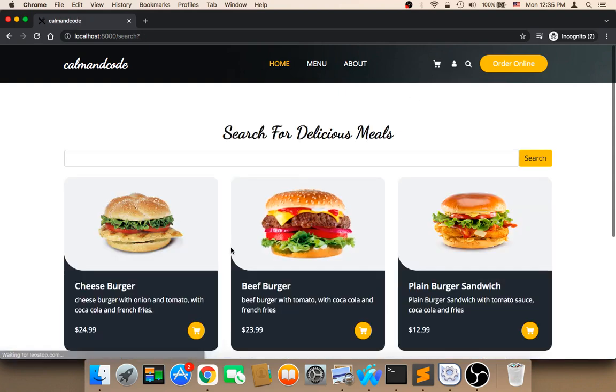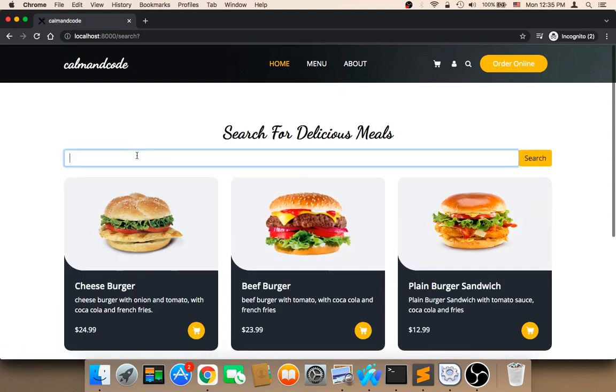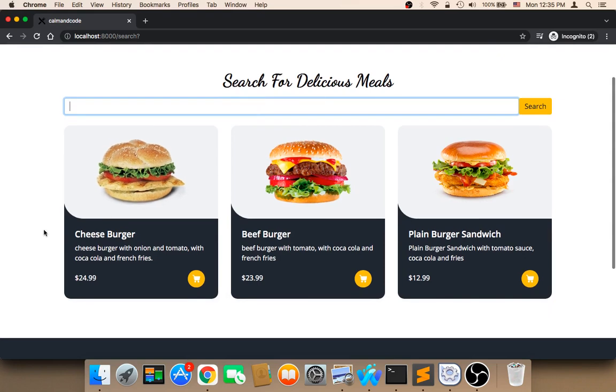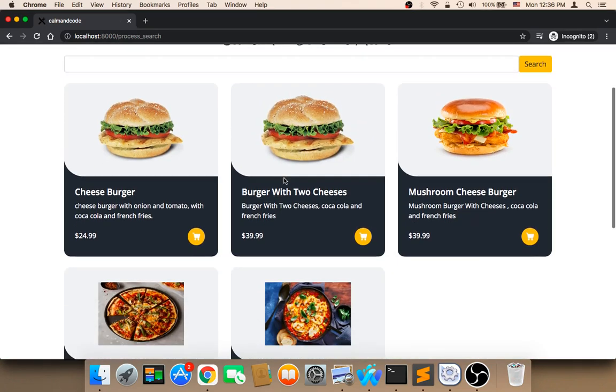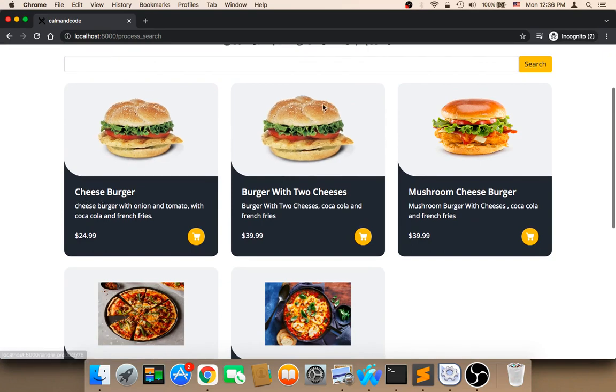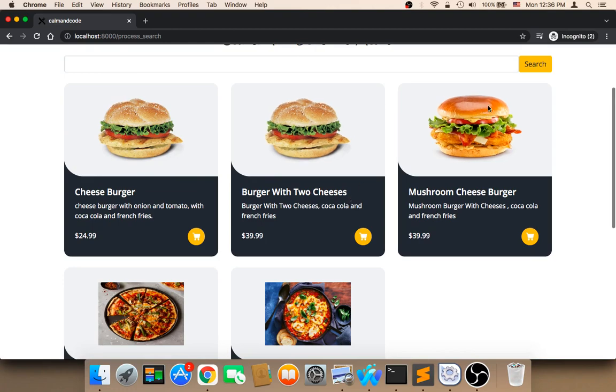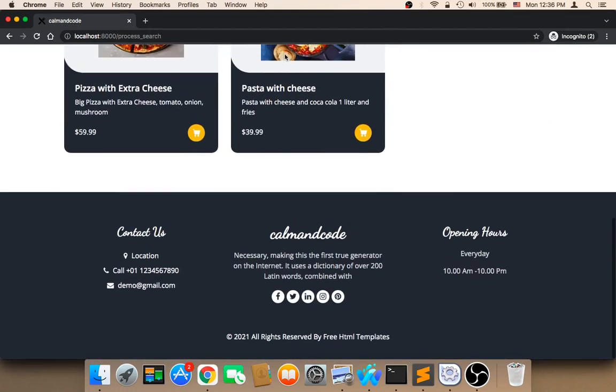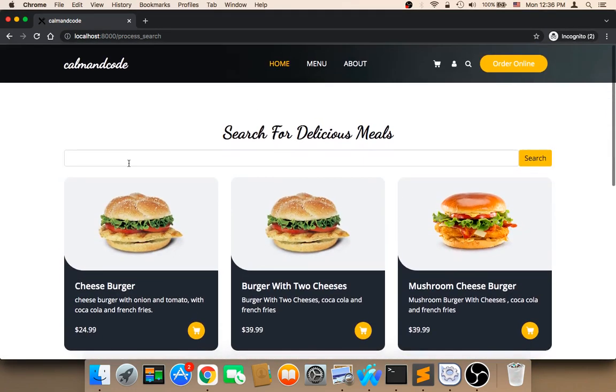So it's amazing. Also, you can search by only part of the meal name. For example, if you just say cheese without burger, just cheese, and click on search, it will return all meals that have the keyword cheese in them. So here this meal has the keyword cheese, this meal has the keyword cheese, this meal has the keyword cheese, this meal has the keyword cheese. So the keyword will get any meal that has